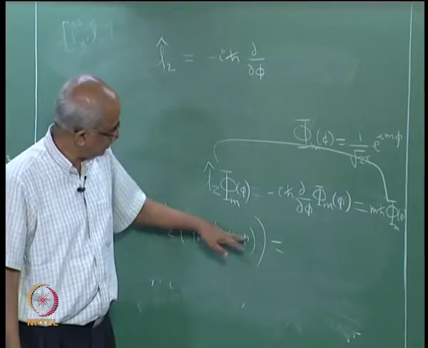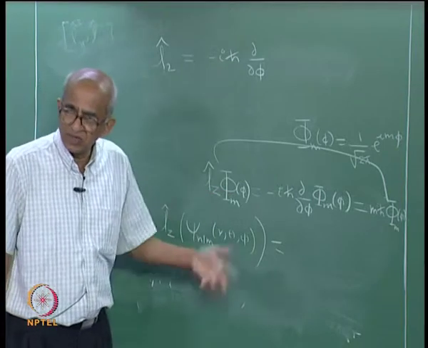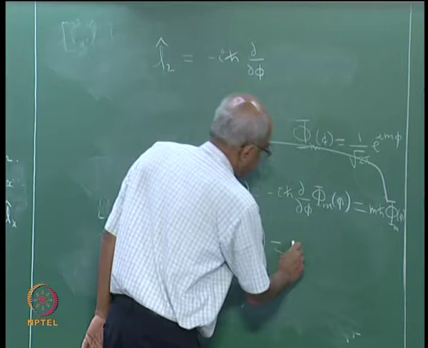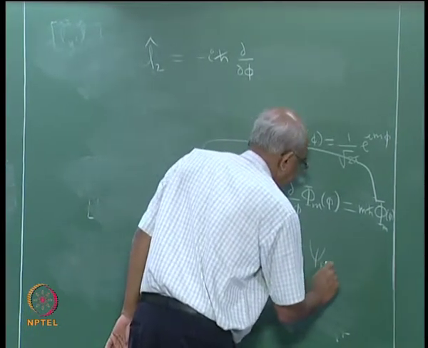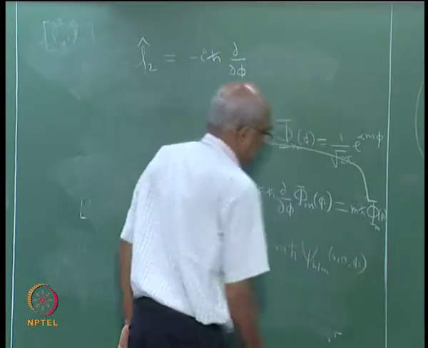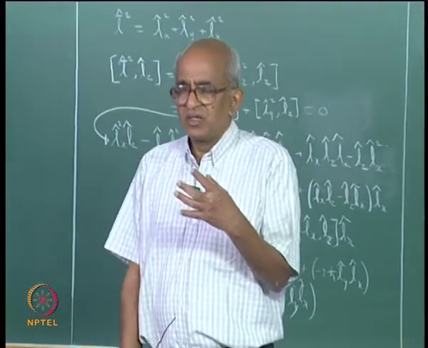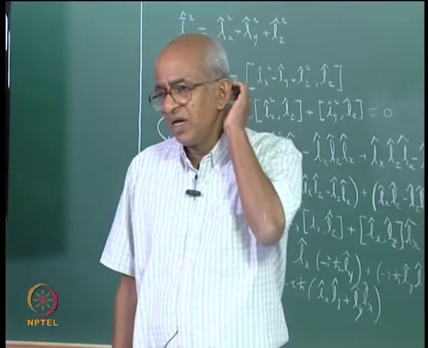So, therefore, effectively Lz will operate only upon that, and then that will give back capital phi itself, and therefore, you get m h cross times psi NLM. So, therefore, the eigenfunctions, the way we have found, they are eigenfunctions of Lz also,